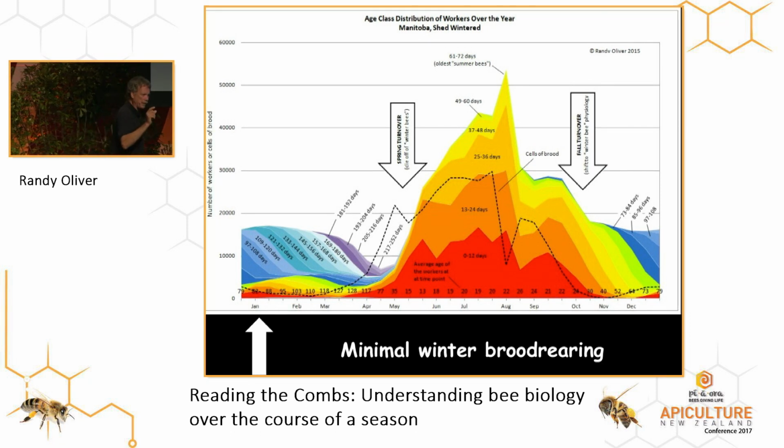Because one adult bee can cover 3 cells of brood. The different colors are the age cohorts. So any bee that is from 0 to 12 days old as an adult is red. 13 to 24 days, 25 to 36 days, 37 to 48 days, and very few bees during the spring or summer ever make it past 48 days. That average longevity is 35 days in that ballpark.